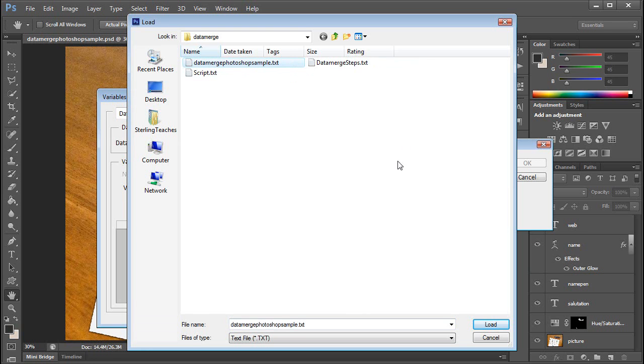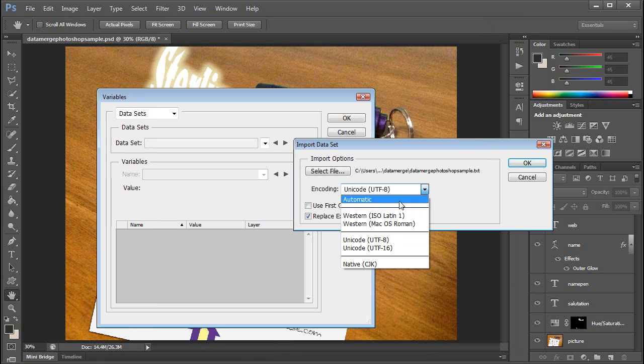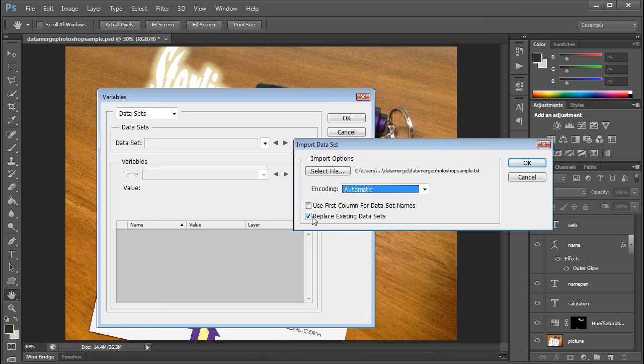If your file is not shown, it may be looking for a text file, and maybe your file is a CSV file, or you may not have saved it as a TXT or a CSV file. You can toggle between a text file or a CSV file here. Mine is a text file, so I'm going to click that. I click on Load, and now I'm going to choose Automatic, and it says Replace Existing Data